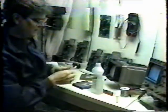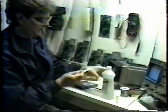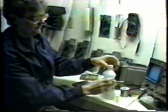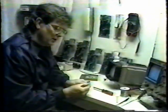Pretty solid piece here. What I do is I like to apply a little alcohol to that, not much. This is not the proper way to apply alcohol, but I like to apply a little dab, and kind of cut it in a point shape, and that allows you to get down on that as you clean it and move it back and forth, both sides, and that way you don't have to take the cartridge apart. This is actually a cloth that is used in polishing silicon wafers, so it won't damage the contacts,